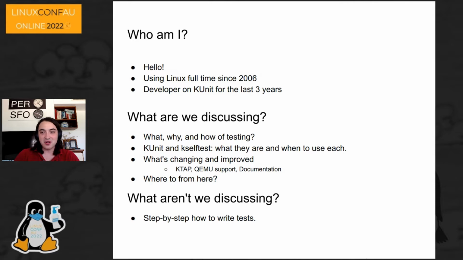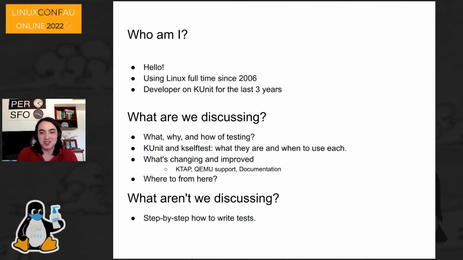And in this talk, we're basically going to cover what, why, and how you should test the kernel, and particularly look at KUnit, which is what I work on, and kselftest, which is the other main in-tree kernel testing framework. In particular, we're going to cover what's been changing and what's improved, both in KUnit and in how it interacts with kselftest, and how, in general, these testing frameworks work over the last year,